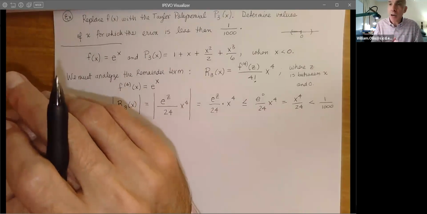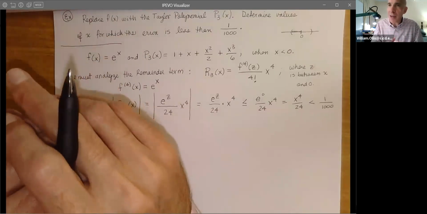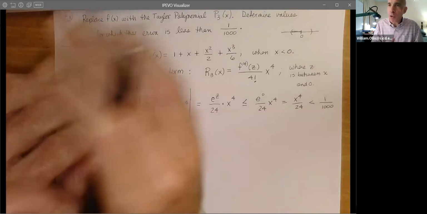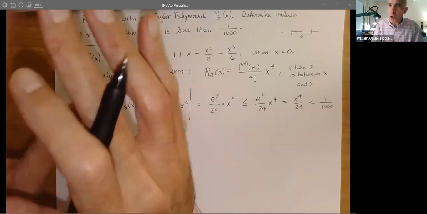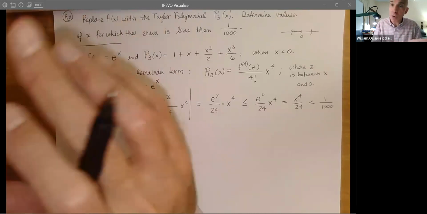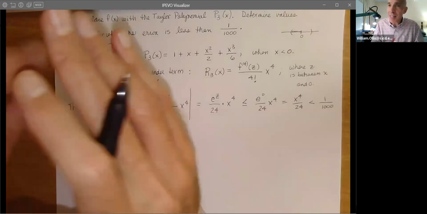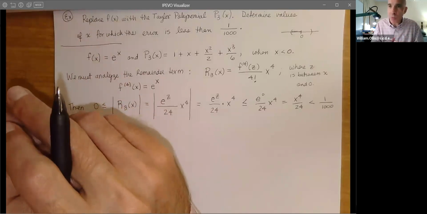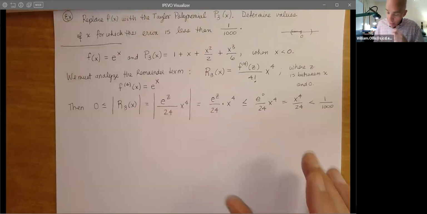So I mean, the idea, and we don't even have to worry so much about that. We just figure out how far we need to go out so that term is actually pretty small, because the error in that case is less than the first neglected term, which is an amazing concept.